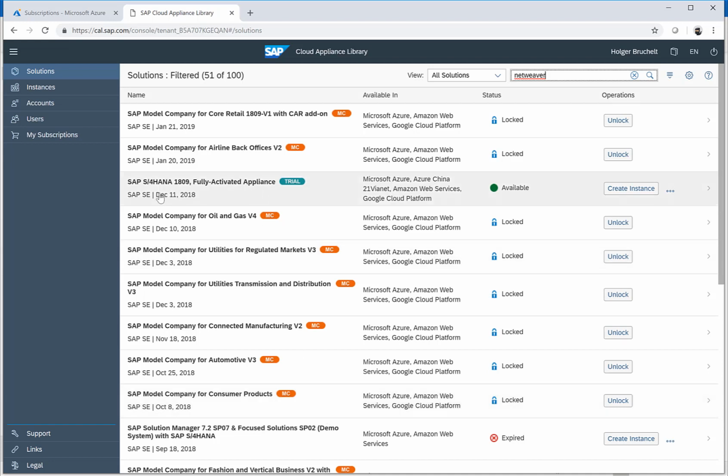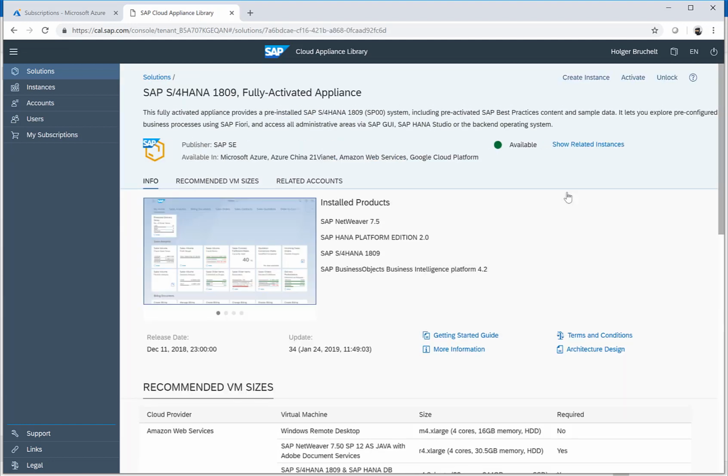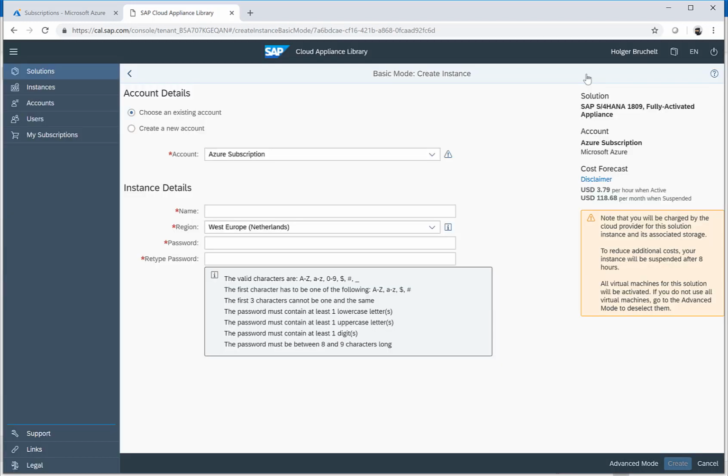Then what you do, and I'll just go back here to my fully activated appliance, is you can go in and take a look at some of the details, what actually will be deployed. There's a Getting Started guide that helps you with the user credentials. But then you just click on Create Instance, select your subscription, and enter a name. So for example, this would be an S/4HANA fully